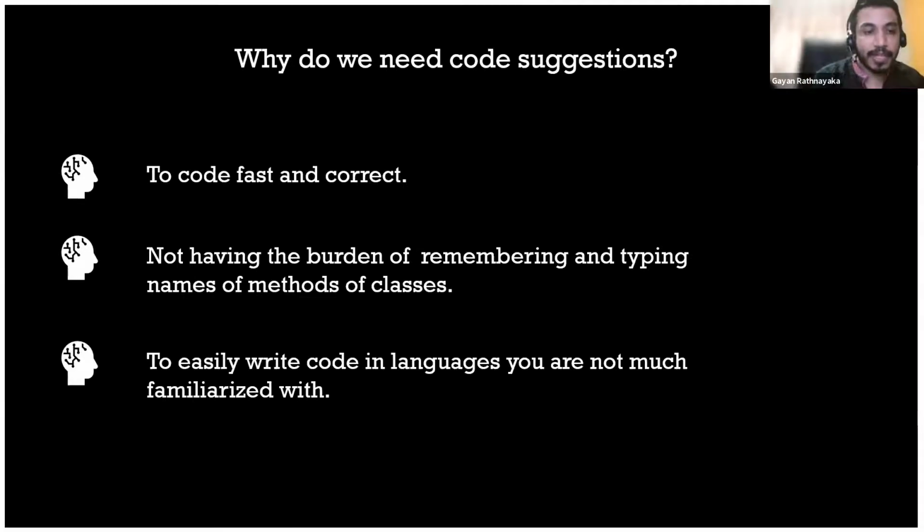The next thing is that it's very important for easily writing code in languages you are not familiar with. Assume you are a Java developer, but you want to get into .NET, because in your office or while studying, you have to write a .NET program, a C# program. Java and C# are both object-oriented languages, so all the concepts are similar. You know exactly what to do, but you don't know the syntax. So assume you have a code suggestion and code completion system in your IDE.